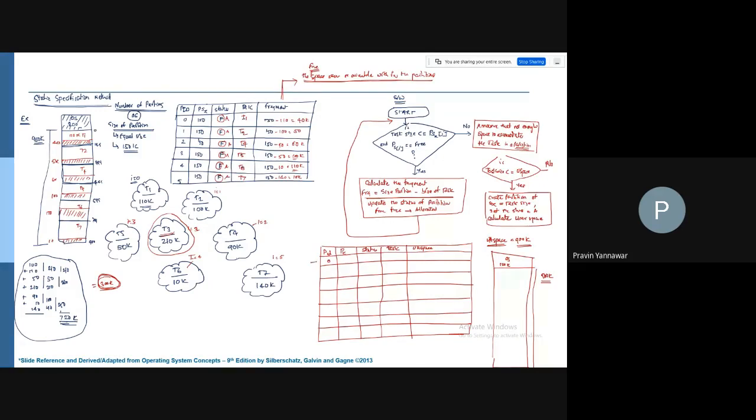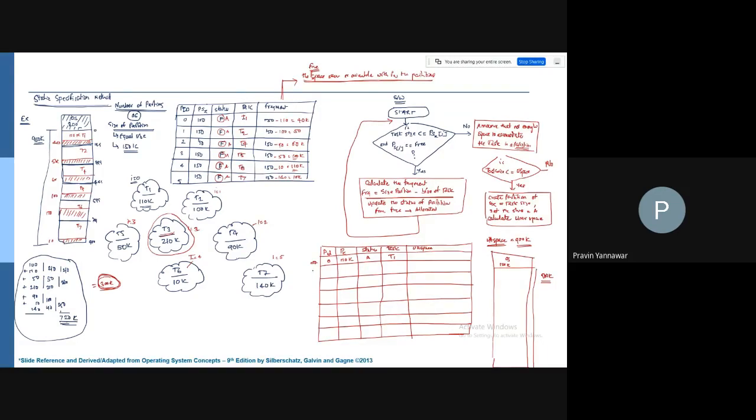So we have the 0th partition here, which is of 110k. Previously it was 150k. The status is allocated now, and the task is T1.